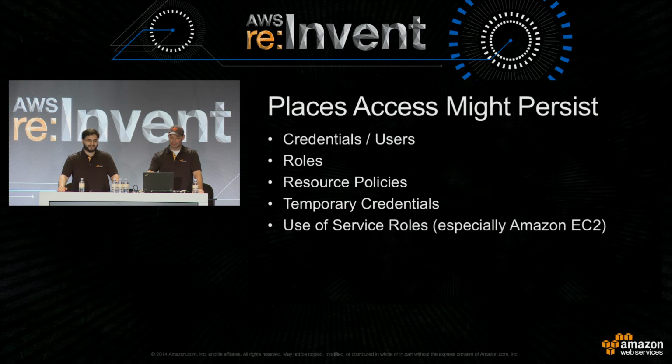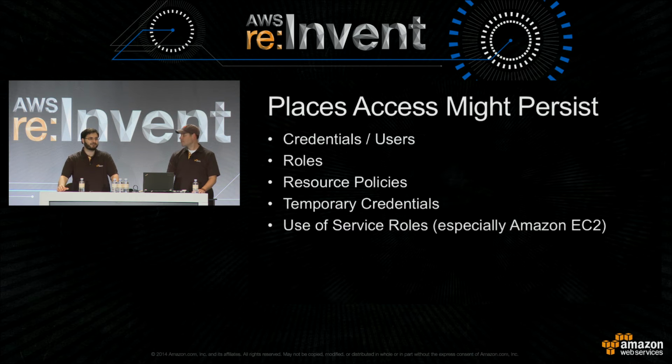And let's talk about where access might persist. So new users might be created, new credentials might be put on existing users. For example, if you have a programmatic use-only identity that has access keys deployed, make sure that it doesn't suddenly have a login profile, which is a username and password. Your web servers are unlikely to be logging into the management console. And again, X509 certificates, there are multiple credential types. Make sure that every credential on every identity in the account was actually supposed to be there.